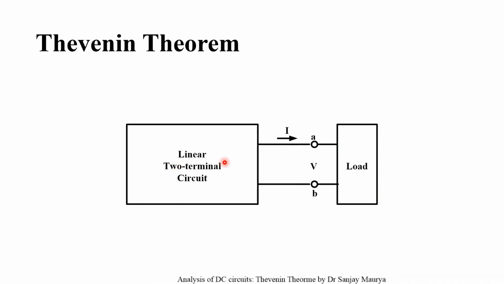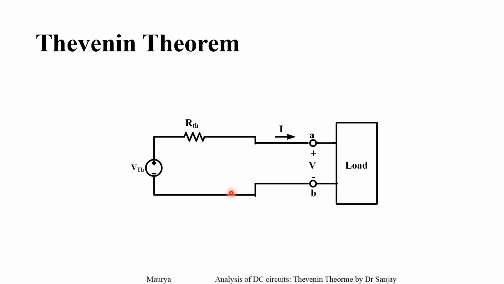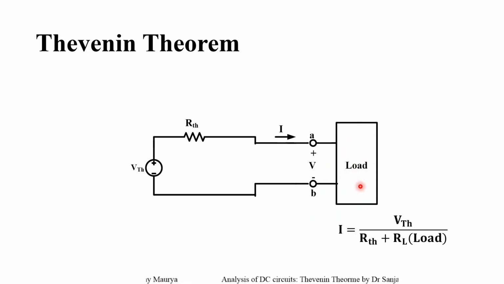So this linear two-terminal circuit as per Thevenin theorem is replaced by a voltage source in series with the resistance. Voltage source is represented by VTH and resistance is represented by RTH. This is your Thevenin voltage and Thevenin resistance. Now to find out the current, let's say the load has the value RL. In such case, current will be given by this one. Since VTH and RTH are fixed, whatever the value of RL changes to,